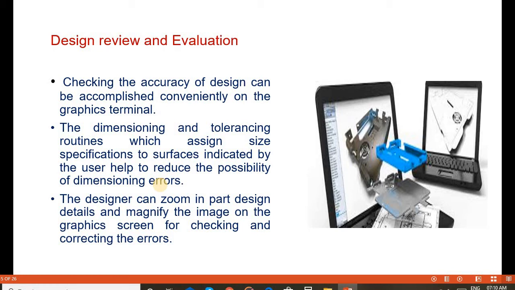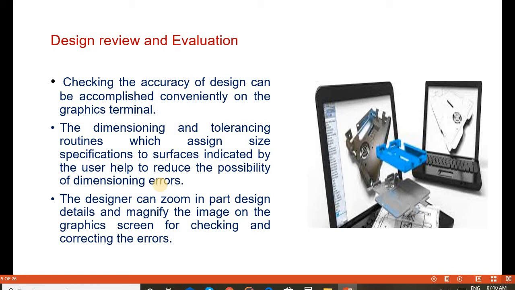What are the parameters of accuracy that are checked? The dimensioning and tolerancing routines assign size specifications to surfaces indicated by the users, which reduces the possibility of dimensioning errors.